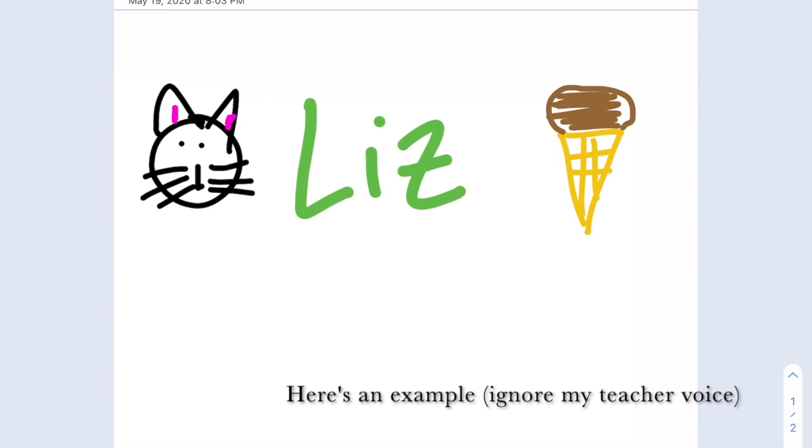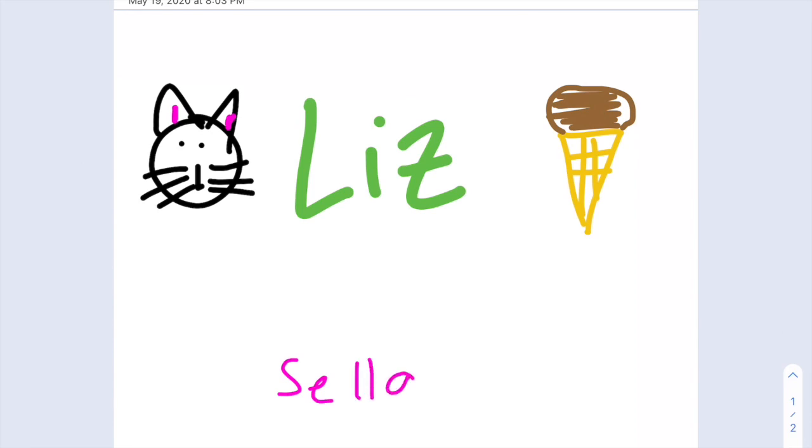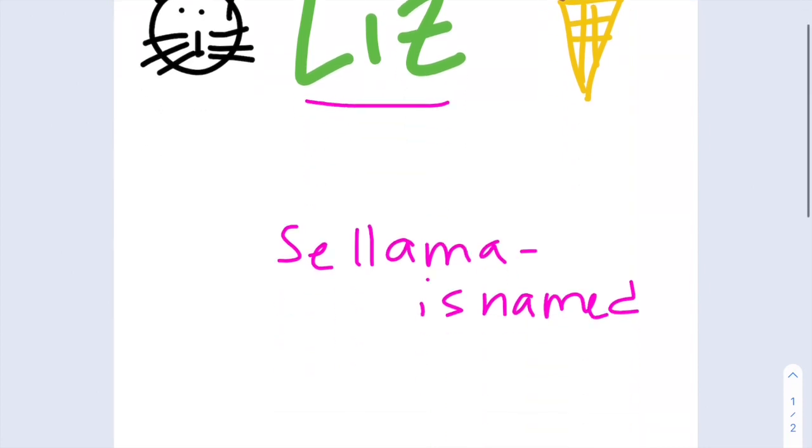Hay una chica en la clase. Se llama... Se llama Liz. Hay una chica que se llama Liz. A Liz le gusta